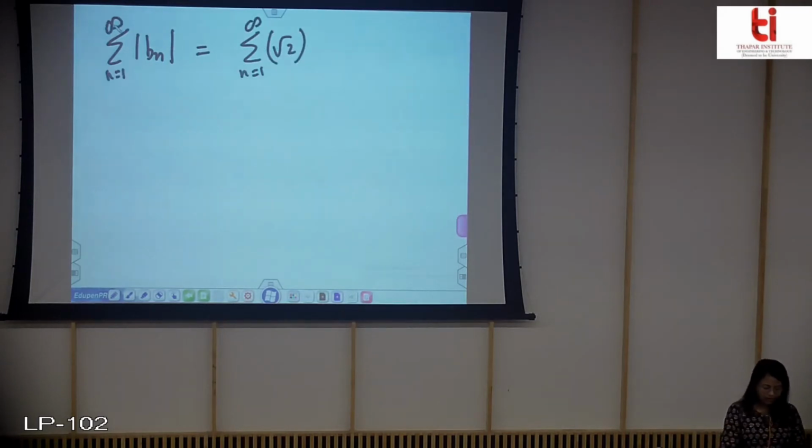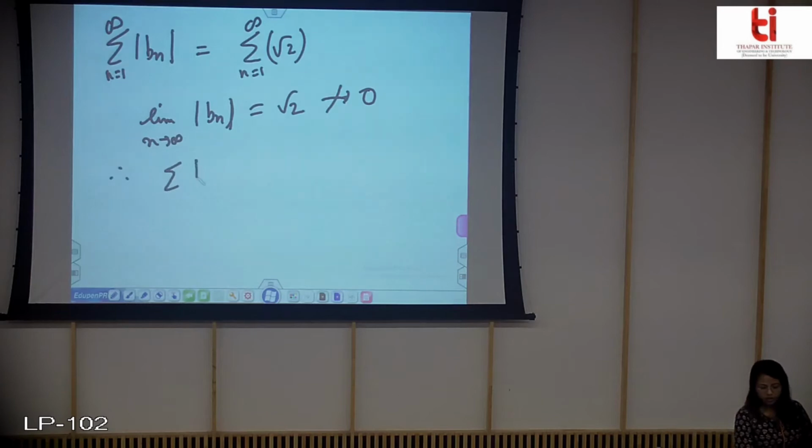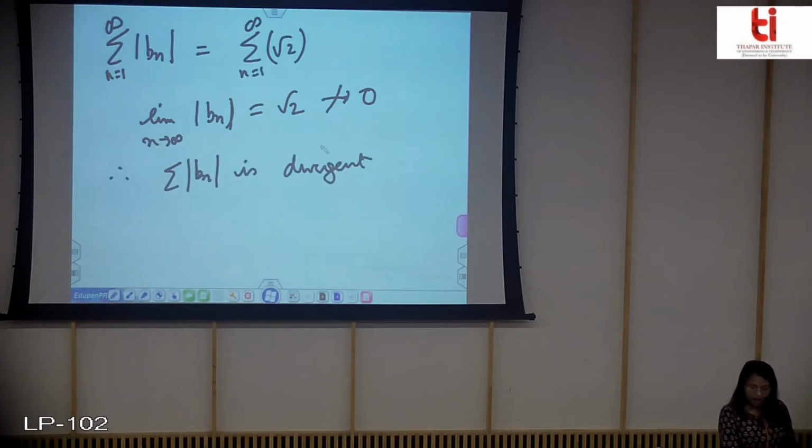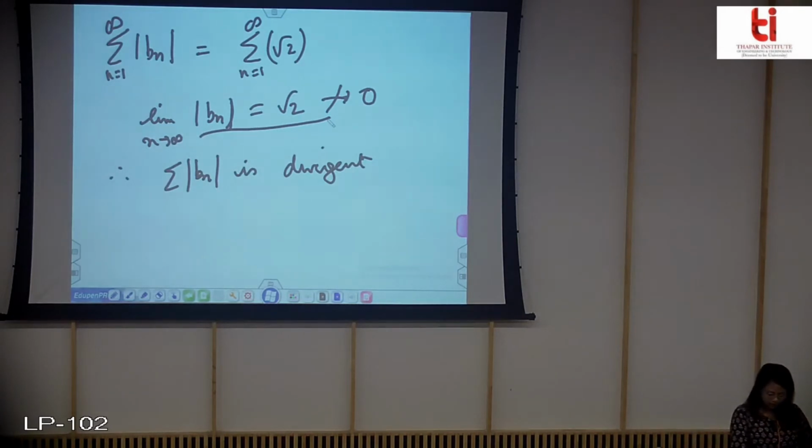Now you can easily see that the limit of n tending to infinity of Bn is equal to root 2, which is not equal to 0, and therefore summation of mod Bn is divergent. And you also know that if the nth term does not go to 0, the original series also diverges by nth term test, and therefore